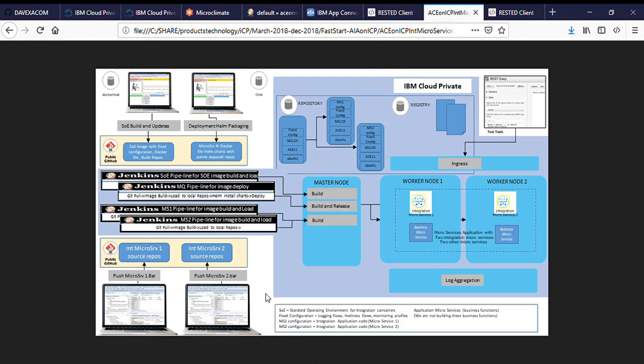it has fixed configuration. The SOE image, shown here in the repository with very small font, is based off Ubuntu, has ACE version 11 installed, an MQ client, and a fixed configuration. This fixed configuration could be monitoring profiles, it could be pre-canned error handling flows. In our example, we've used an API that we've written, which is just a liveliness probe. But that liveliness probe will exist in every container for ACE that is built, plus the microservice that our developers